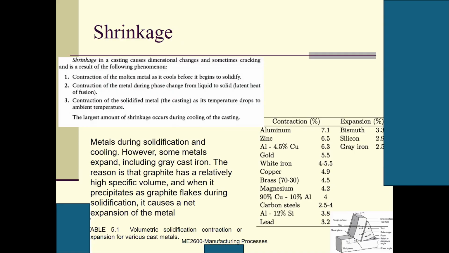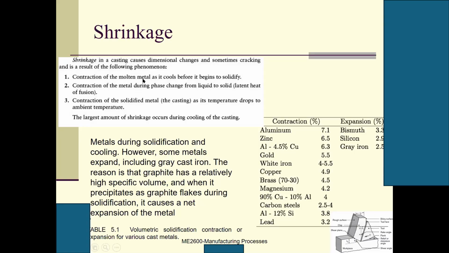During the metal casting process, we will experience shrinkage. The shrinkage in a casting causes dimensional change. If the shrinkage is very big, we will have substantial dimensional change, which is very bad. And sometimes cracking,